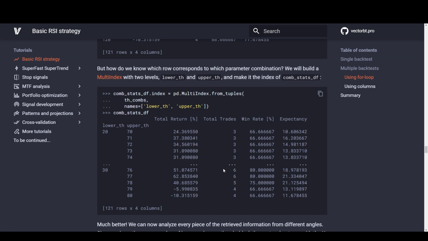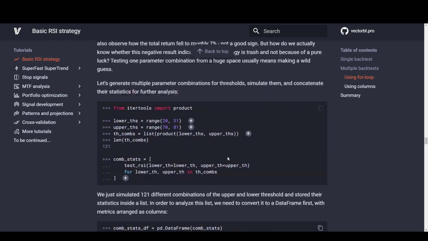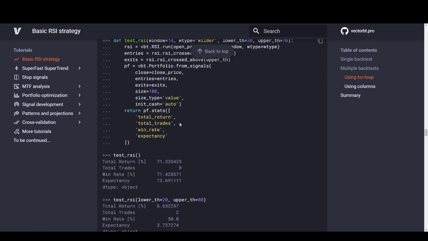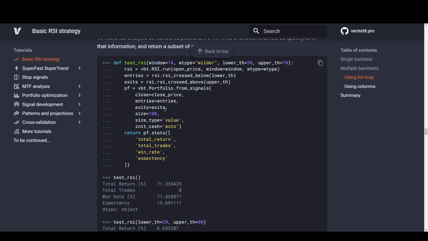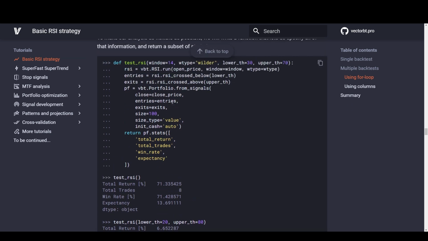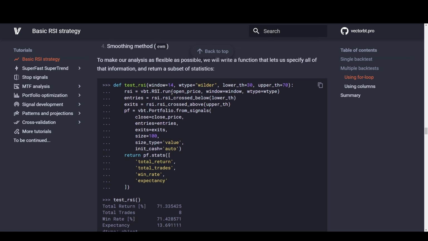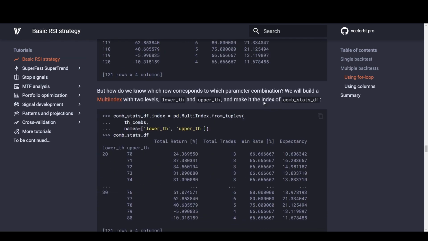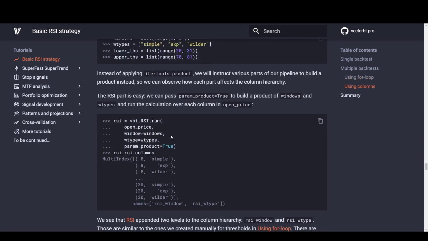Oh. So first you have to run something like this.